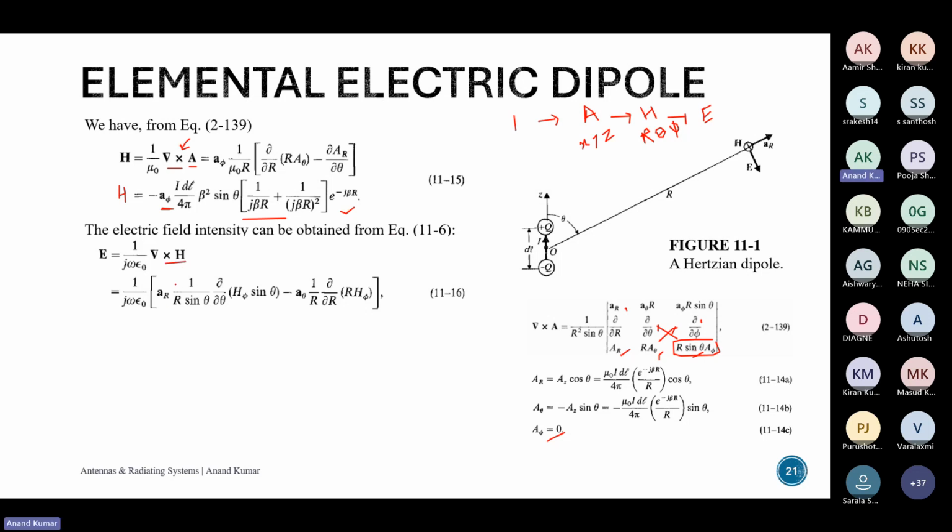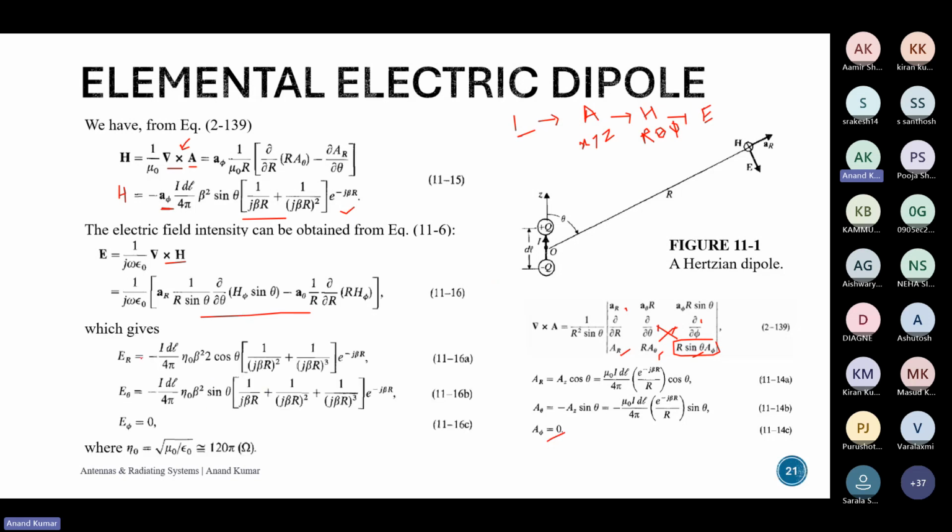Take a cross product again with H, take its curl. So yeah, and if you take a curl, this would end up something like this. Yeah, so tedious mathematics is involved, but you get the idea, right? So you define the current, then you find out A, and then you find out H, and then you find out E. So upon doing that, if you do the math correctly, your expressions will match these. So you will get an ER, E theta, and no E phi, and H will only be in the phi direction.